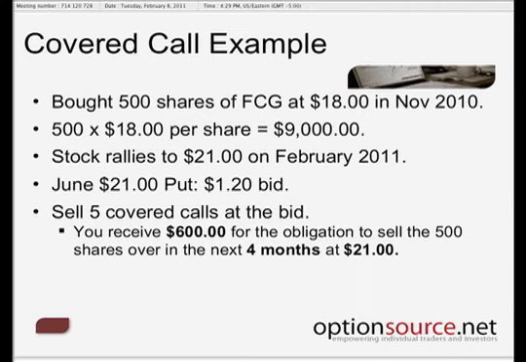So if we sell 5 calls at the bid price of $1.20, we receive $600 cash flow premium for giving somebody over the next 4 months, until June, the right to buy this ETF from us at $21. So we made an additional $1.20 income for obligating ourselves to sell it at a profit, which we've already made, the profit from 18 to 21. But we're now saying it could go from 21 to 22 or 23. But at some point when it pulls back, you'll be back at $21 or less.